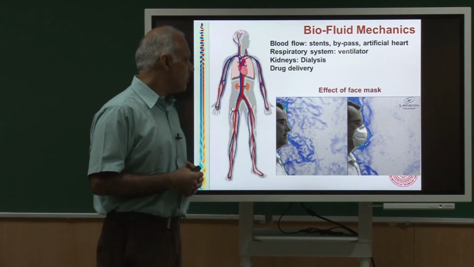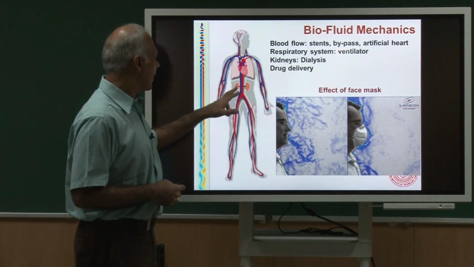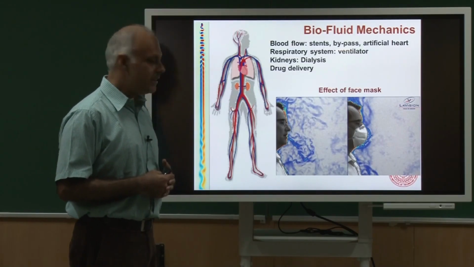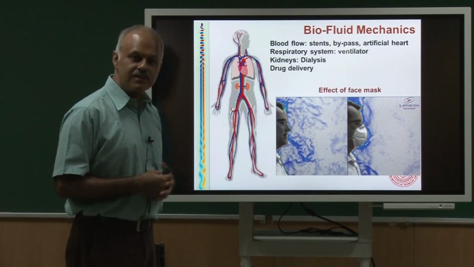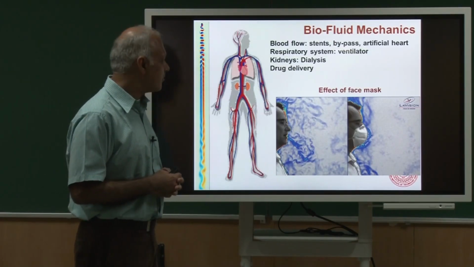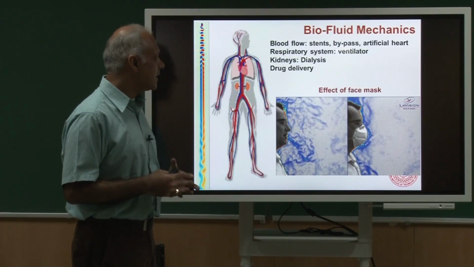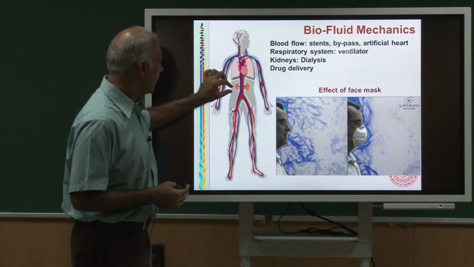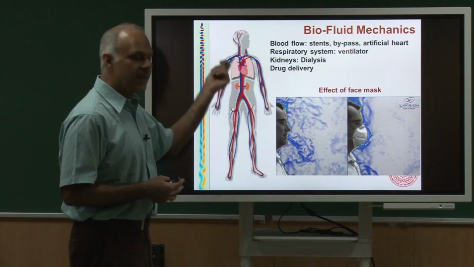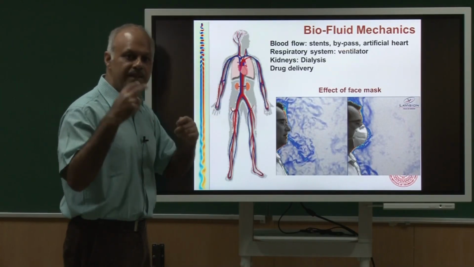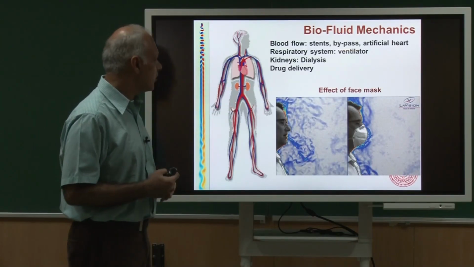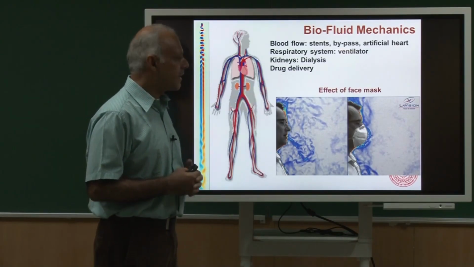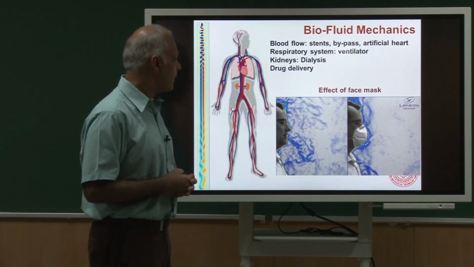Dialysis, okay. There are patients unfortunately for whom the kidneys will not work as well as they should. So they are not able to release the toxins out of their body, and therefore they are put on a machine. There are many kinds of machines; you could put some kind of a needle, take out the impure blood, pass it through this machine and put it back into the body. So there are many kinds of dialysis machines, and of course that would also require knowledge of fluid mechanics.